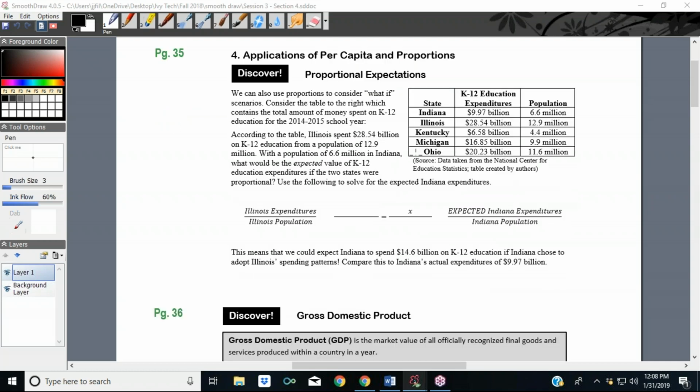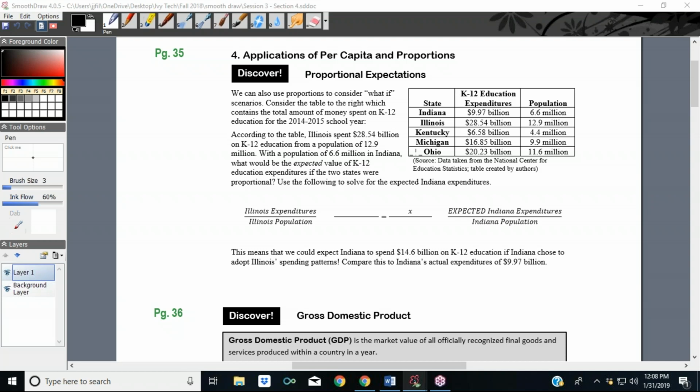So section 4 here, it says applications of per capita and proportion. Last week we talked about per capita and what it means, and today we're looking at some applications of that. It says here, we can also use proportions to consider what-if scenarios. Consider the table to the right, which contains the total amount of money spent on K-12 education for the 2014-15